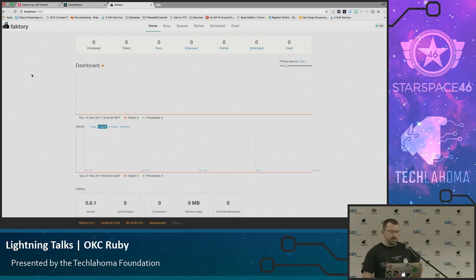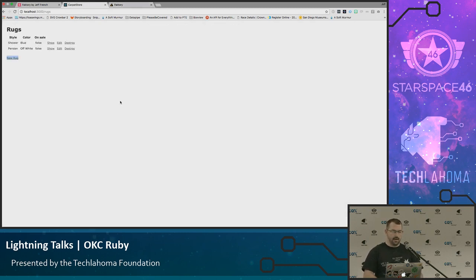So let's take a look at a sample app. So we have here a very simple, as you can see, super simple Rails app for our carpet store. Okay, so in our scenario, we have a carpet store, and occasionally we're going to put things on sale. Whenever we're going to put rugs on sale, we need our guy in the back, Roy, to go grab the rugs and bring them up front, right? So whenever we do that, we're going to send a request.